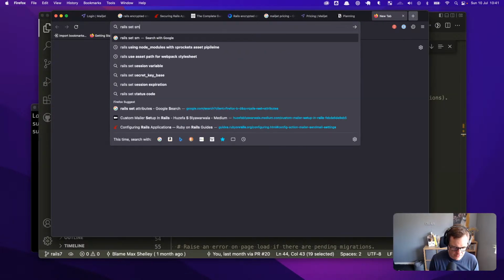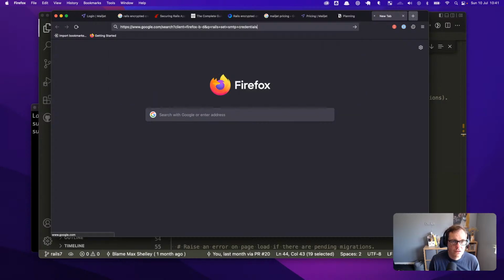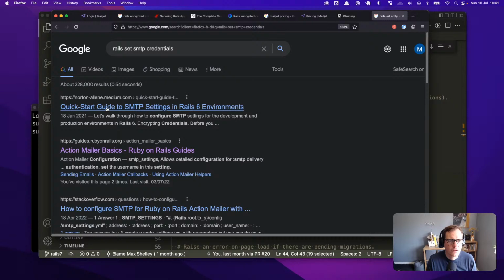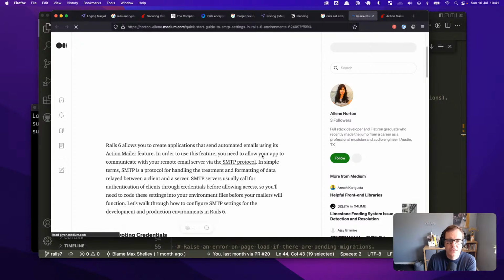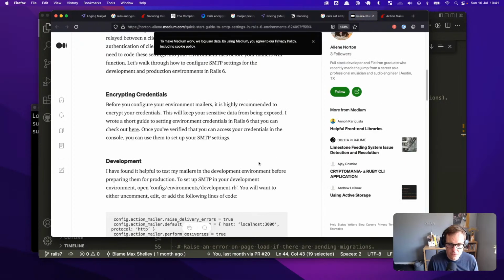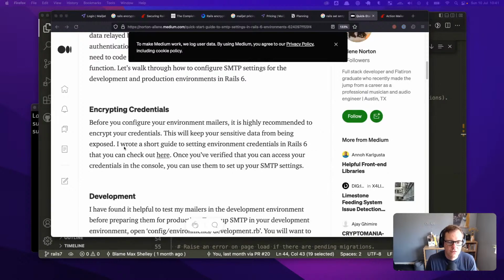Do Rails set SMTP credentials? Quick start guide to SMTP settings in Rails 6 environments. Okay, so I'm just checking to make sure. Okay, cool. Sorry, I was just checking something on the stream. Okay, so